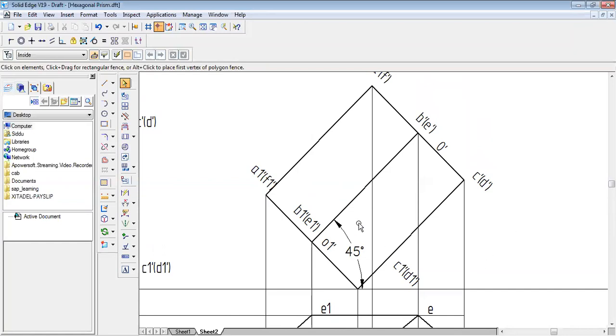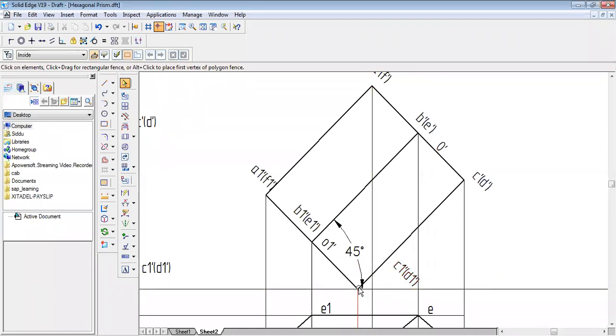So anything which is going to be farthest from the observer is going to be unseen. So basically this is the C1 D1, which is the farthest point from the observer. At the same time, this is the edge on which the prism is inclined. The only edge of the prism, that is C1 D1, is making contact with the XY line. So of course that is not going to be seen. So let us mark it.